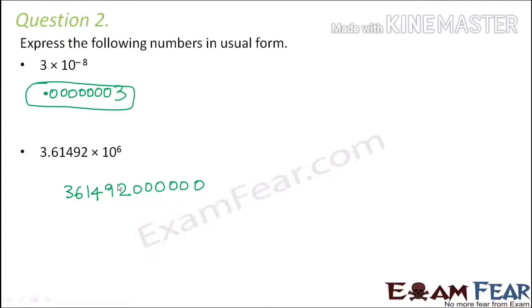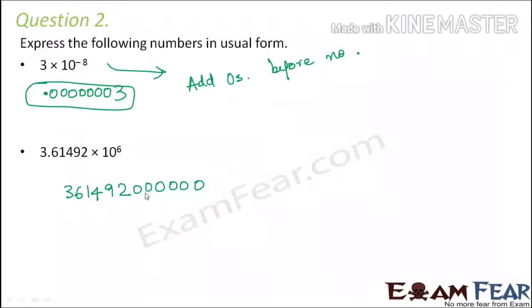Perfect. So this time you have put zeros after the number because it is a positive exponent. Whenever it is a positive exponent, add zeros after the number. When it is a negative exponent, add zeros before the number. So for a negative exponent, add zeros, in fact, before the number. In this case, add zeros after the number. So you have added so many zeros.